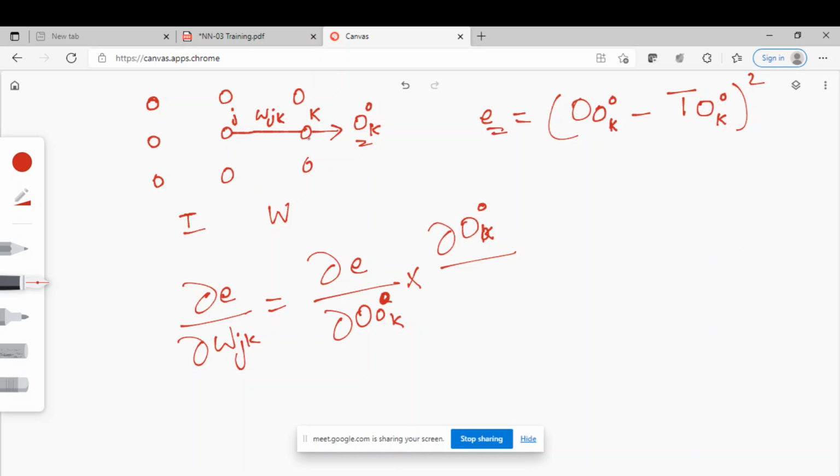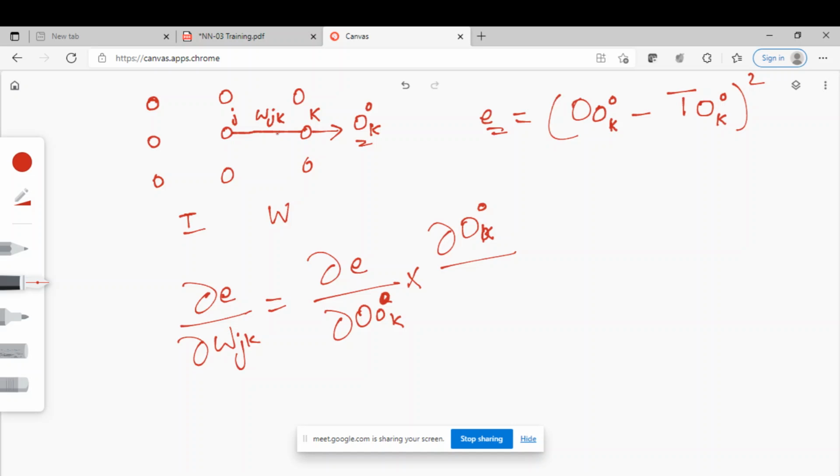Here there will be an activation function. Remember that. So this output is a function of what? You should not forget these things. In a neural network, all outputs depend only on their own input. And this input depends on the previous layer's output and weight. So this output depends on its own input, which is dou I_k, the input of the kth neuron.